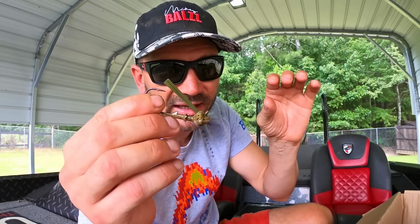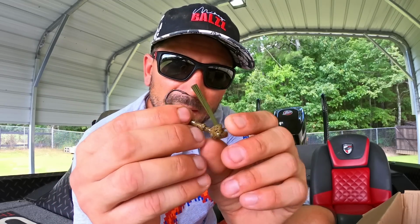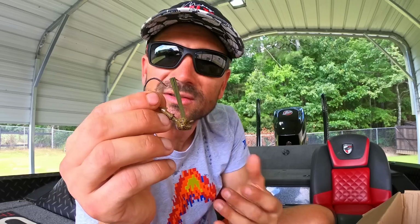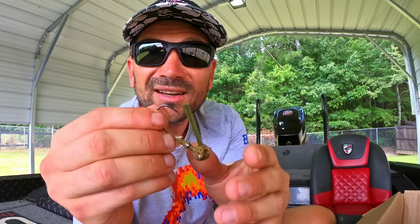You really need to have your line semi-taut but not tight in order for it to stand correctly. Otherwise, if you pull, it does kick back. So when you're fishing these, you want to throw them out and give them semi-slack. It's almost like Ned head fishing, and then they're going to get that full potential in standing. You might have to drag them a few times to set them right,